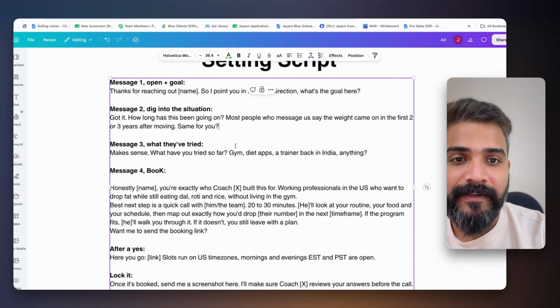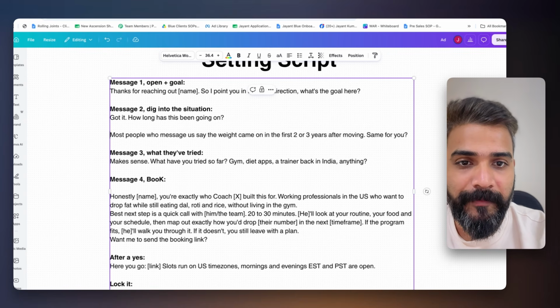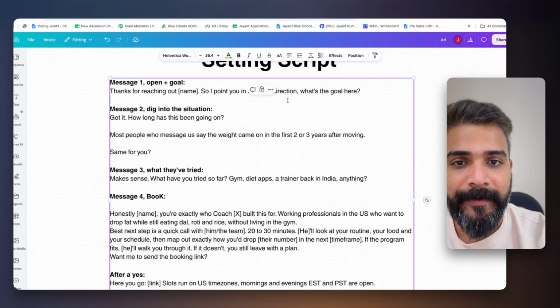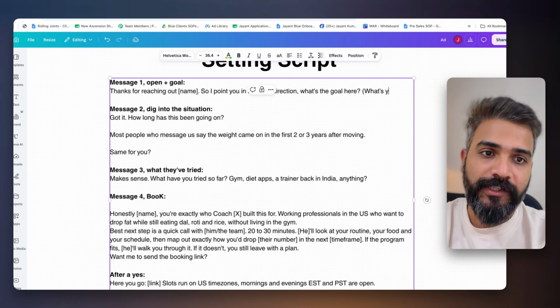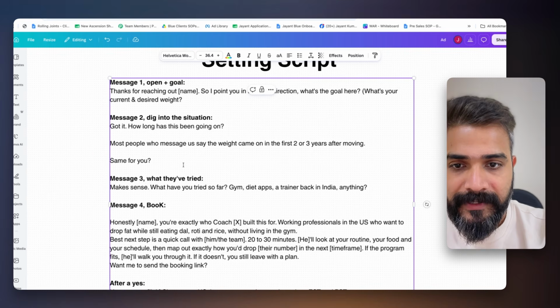If they say yes, then how long has it been going on? Most people who message us, they say that weight came in on the first 2 to 3 years. Same for you, something like this. Okay, a little conversational. You can also do something like, what's your current and desired weight? Okay, that's there.